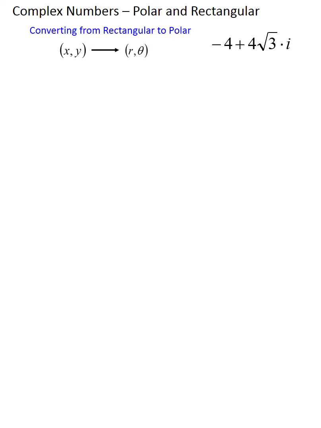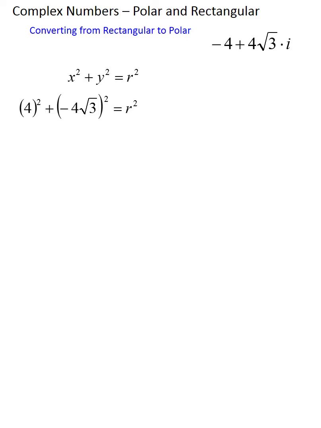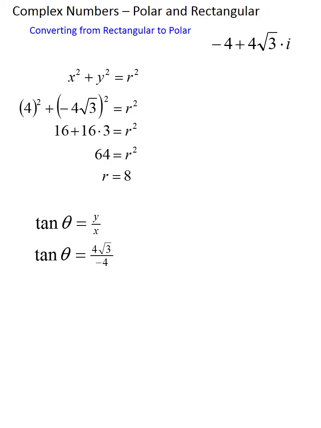And to do that, there's two formulas that we'll see in this portion of the video, one of which essentially comes from the Pythagorean theorem. And plugging in the given x and y coordinates of this complex number and doing some arithmetic will give us our r value. The second equation used for converting between polar and rectangular is this. And because I've been given my x and y coordinates, I can use basic trigonometry